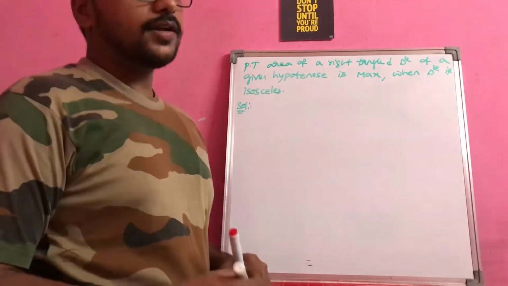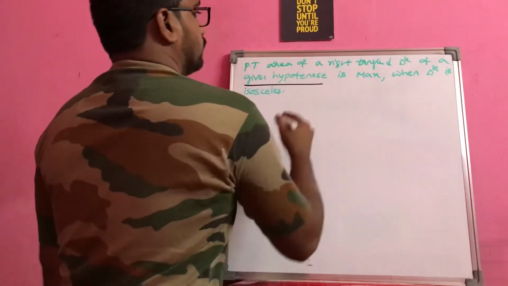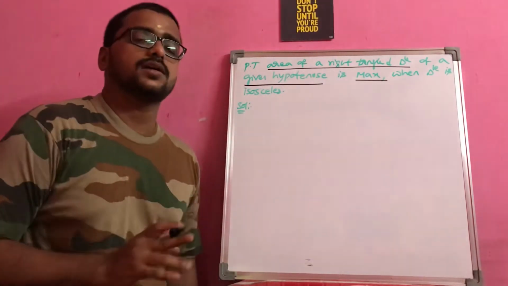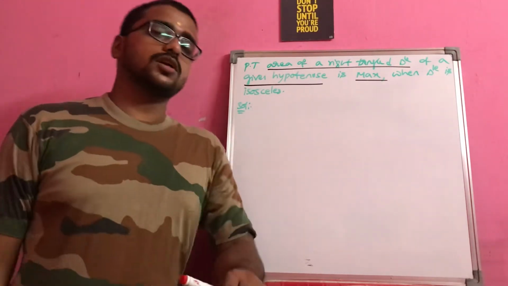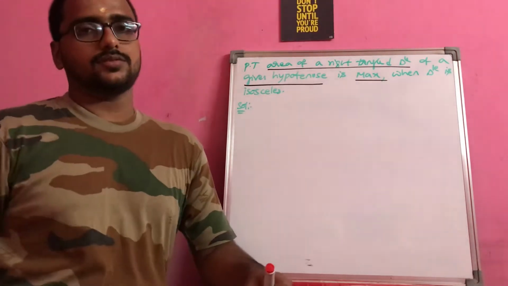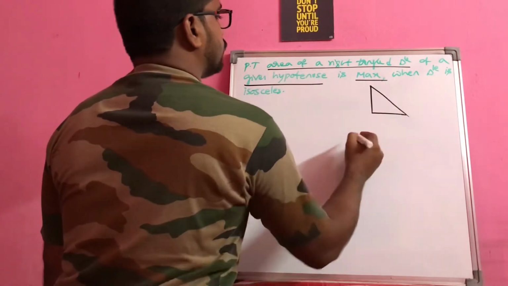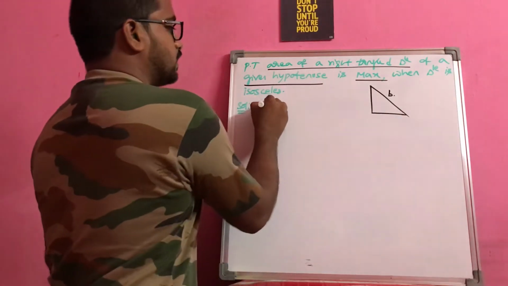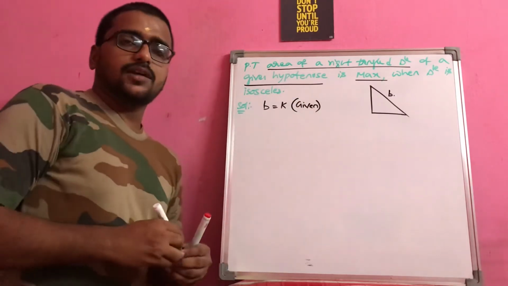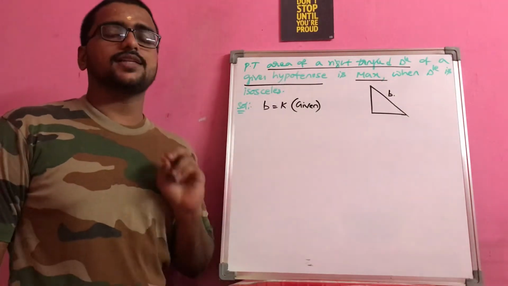So as we suggested already, first identify the given, then maximum or minimum. Given hypotenuse, area to be maximum, we identified those two. Please don't read anything else, because in this type of question students will think that they gave you it is an isosceles, but it is asking you to prove the triangle is isosceles. So just to avoid that confusion, let us observe only these two. Hypotenuse is given, b let us say, so b is equal to constant given. What does this word given represent here? For this particular question, this b, the hypotenuse length, is constant. That is what it means.